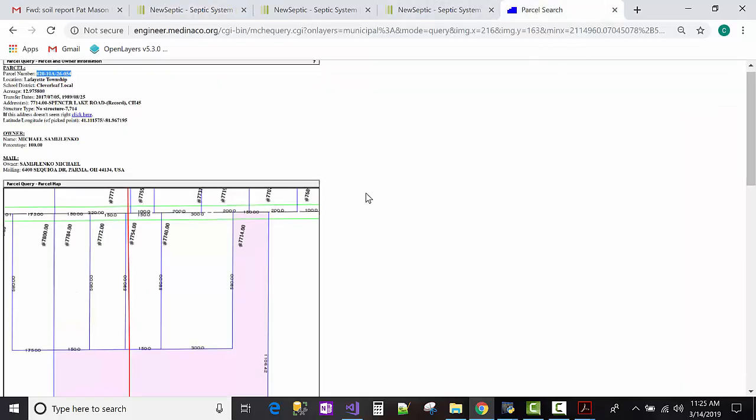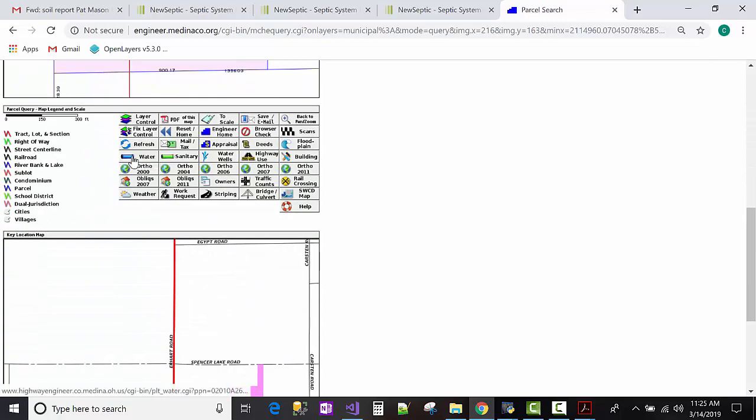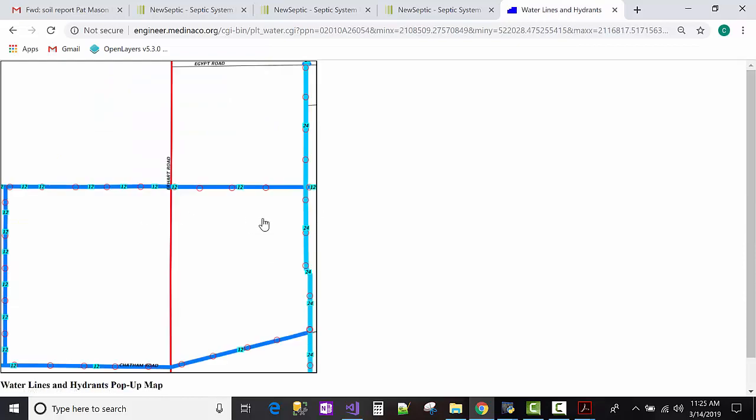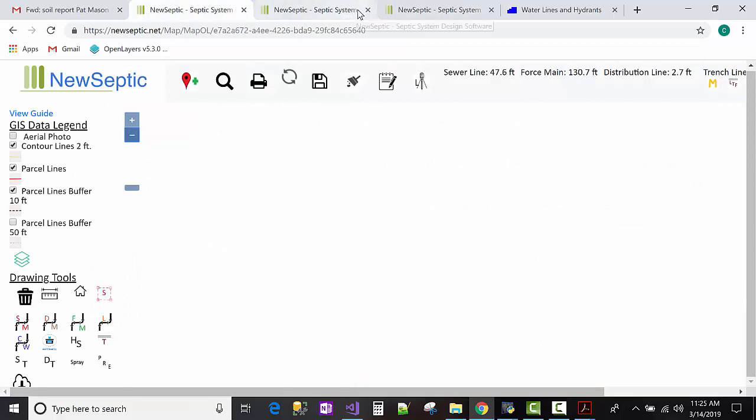So I actually had that page up still from the county engineer's office, and this one's actually pretty good because they actually show the water lines. So here I can see that there is water access at the house there. So what I can do is come back to my map,